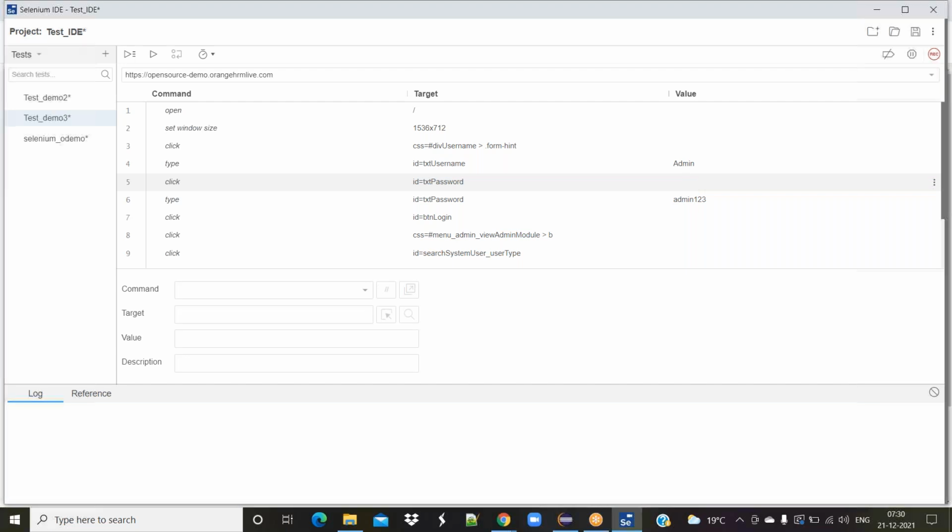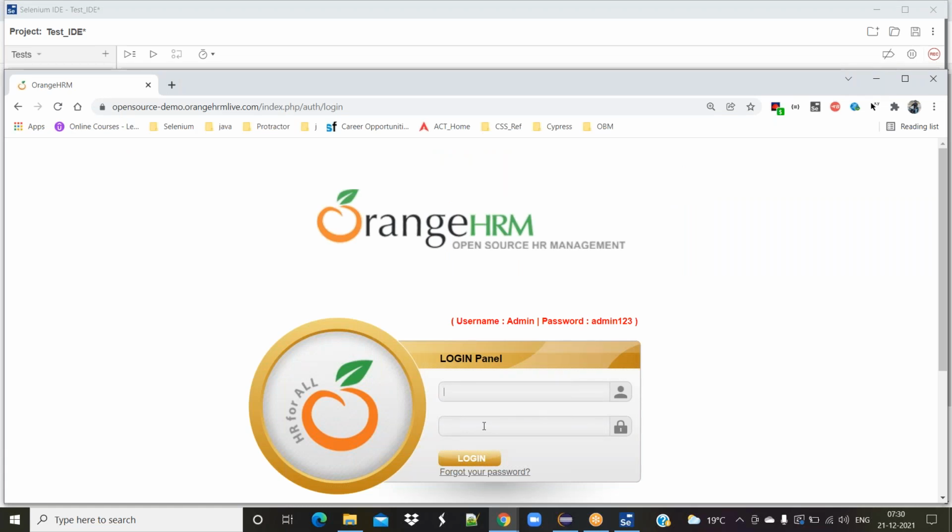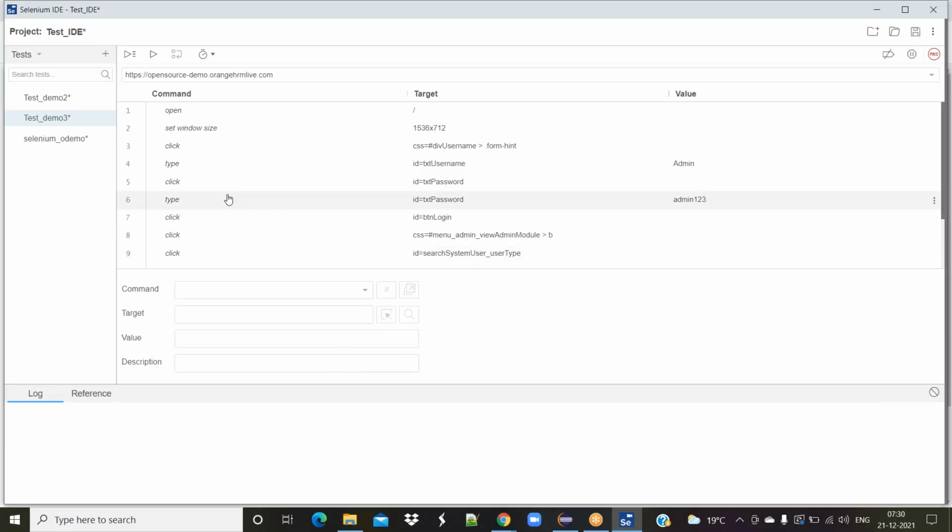Once I clicked on the password field, I typed the password. The action is type, the target is id equal to txt password, and what I typed is admin123.